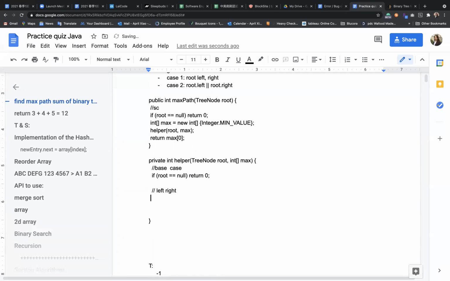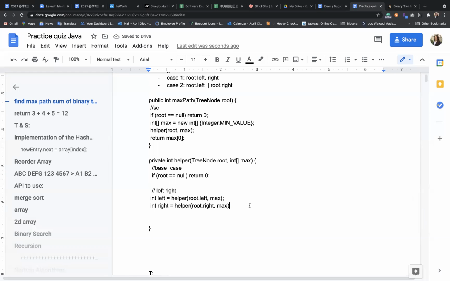They mean the best path sum from the left child node and the best path sum from the right child node. So we're going to need to call the function again here. Integer left is going to be the helper of the left child of root with max,